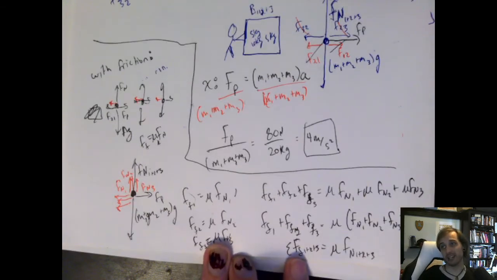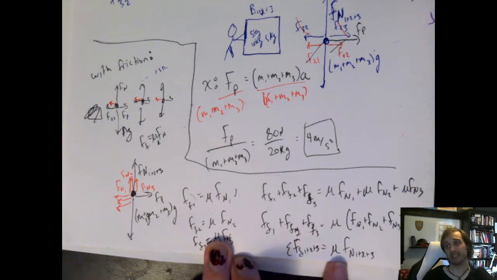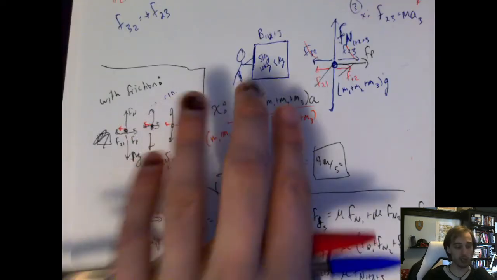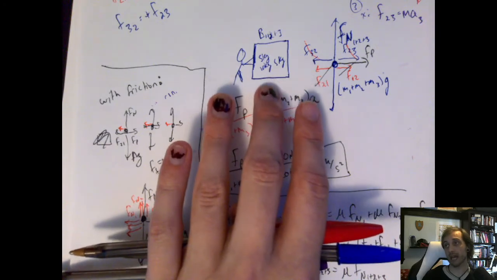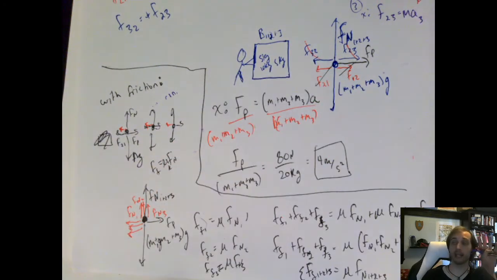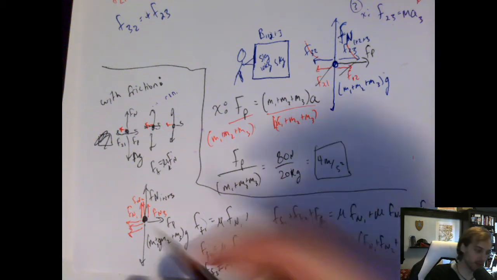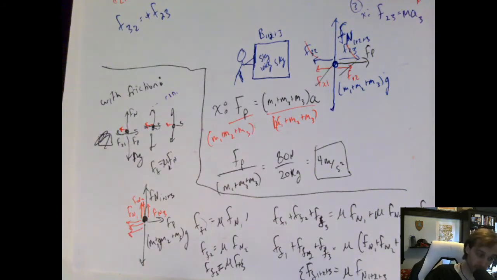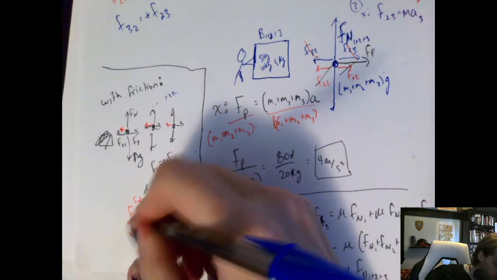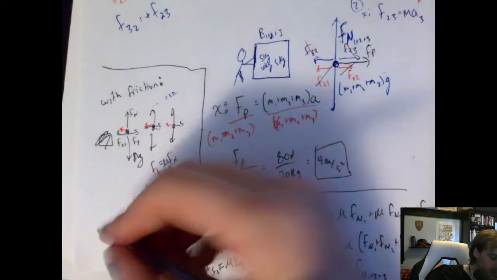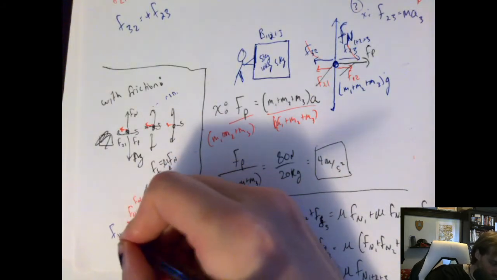And so this is actually kind of a way of proving that if they're all sliding together, you can still treat it like it's one object that has the friction it would have if it was one object, as long as they're all made out of the same thing and as long as they all have the same coefficient of friction. So again, systems can be really useful if you needed to include friction here, because if, and this is a fairly big if, they all were made out of the same material and all had the same coefficient of friction, you could use that to have just one combined force of friction